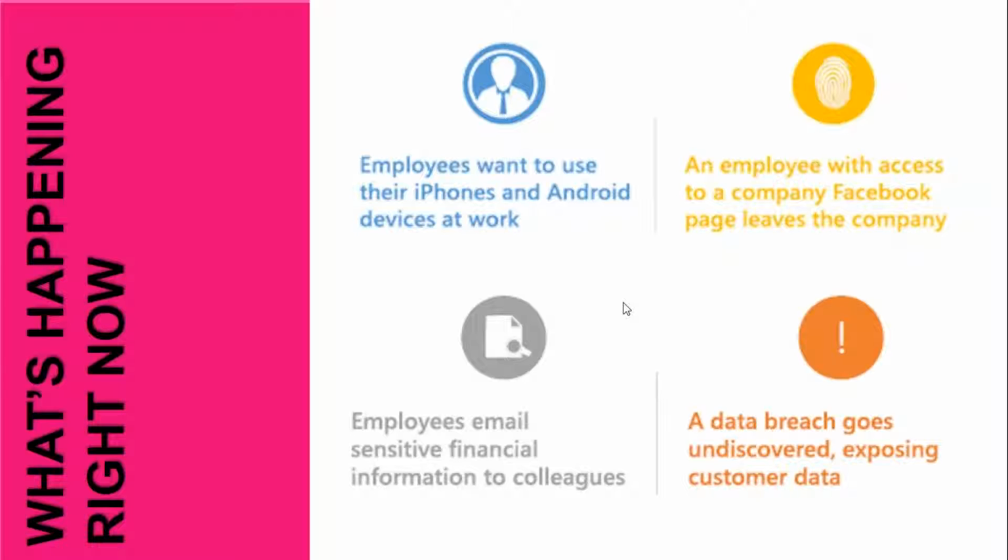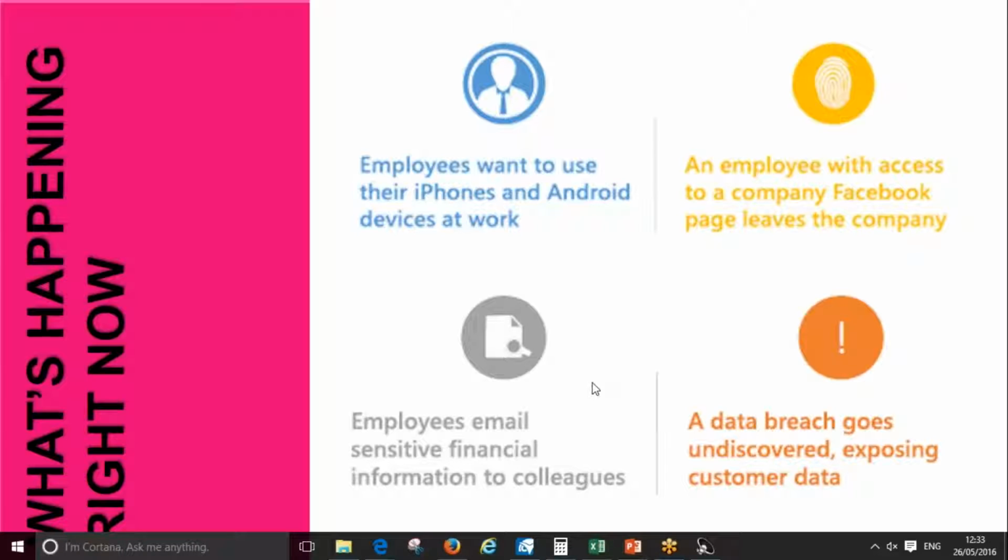An employee wants to access a company website or a company page like Facebook, as it shows on the screen, whether outside or inside the company, and it might be other cloud applications. Employees do send sensitive information to each other. It might be directors, or the finance manager sending it to HR, HR sending it to a manager, and we've had recent, high-profile cases where data has been lost and data breaches have happened, but the company doesn't even know it. And this is really aimed at SMB, small and medium enterprises, as well as large organizations.